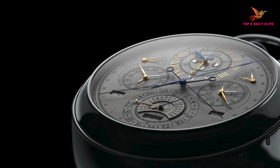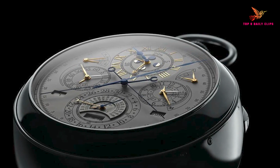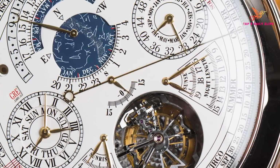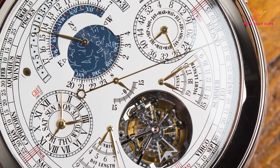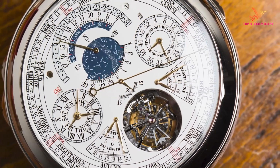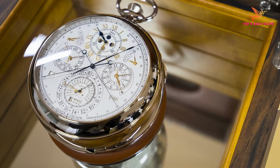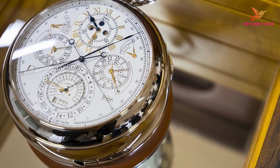It took 8 years to put together the reference 57260. The watch is 98 millimeters in width, with 2,826 pieces, 31 hands, and a weight of 957 grams. One of Vacheron Constantin's custom-made pocket watches with elaborate complications is the reference 57260. James W. Packard's minute repeating pocket watch, which sold at Christie's auction for $1.763 million on June 15, 2011,